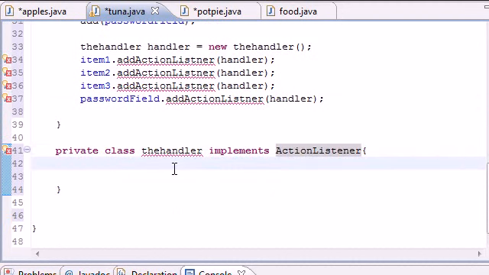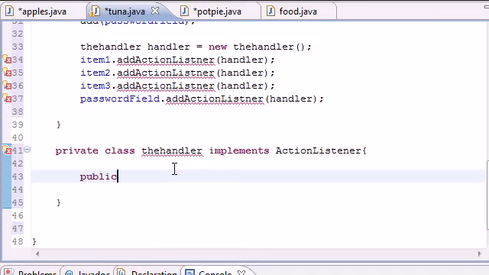And you'll see why later on, but I know it's confusing right now. But what this action listener class does is it takes one method. There's only one method we're going to be building in this class, and that's the method that's going to be called automatically whenever an event occurs. And to do that, type public void,